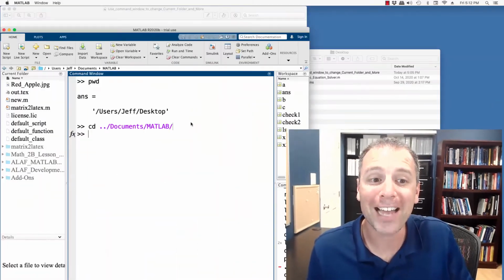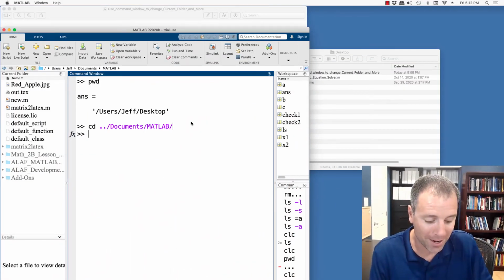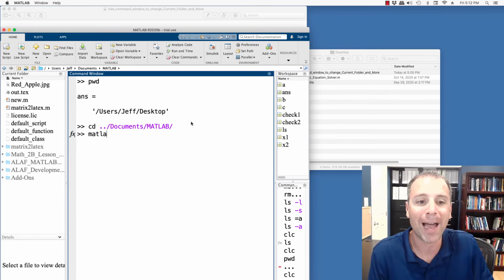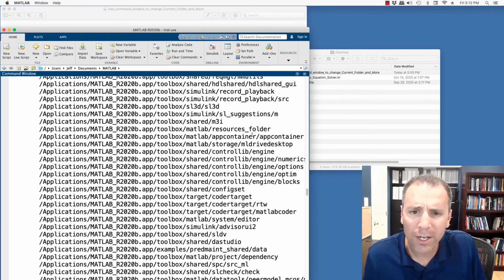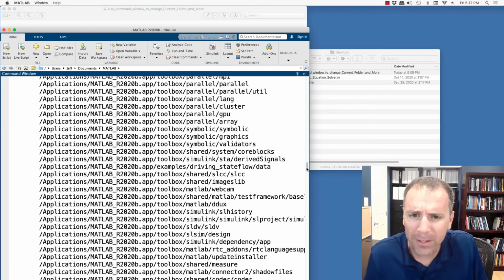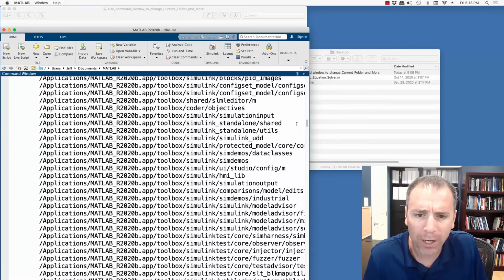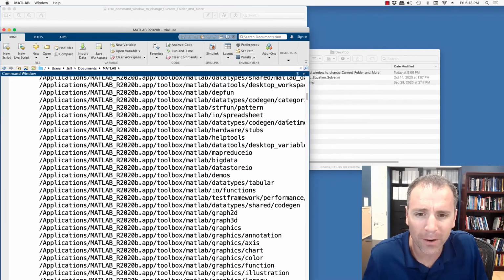We're telling MATLAB's kernel, if I call some function, if I ask you to produce some information, look first in the current folder. If you don't find that information in that folder, then go search your entire path. I did want to show you one kind of fun feature of this. Let's go ahead and type matlabpath. I wanted to show you at the top, classic MATLAB.